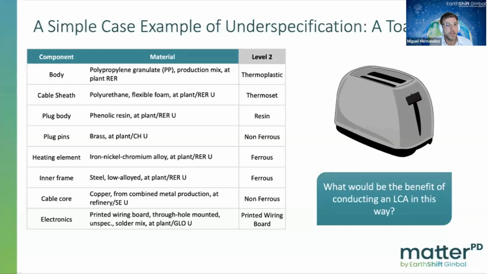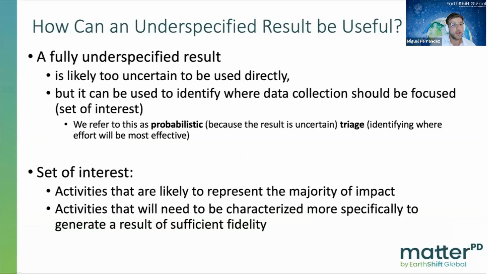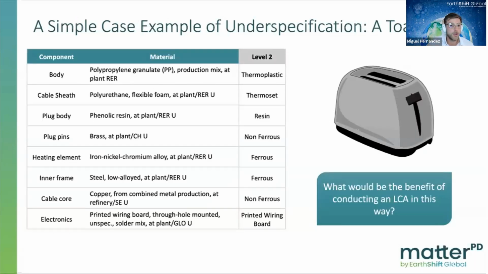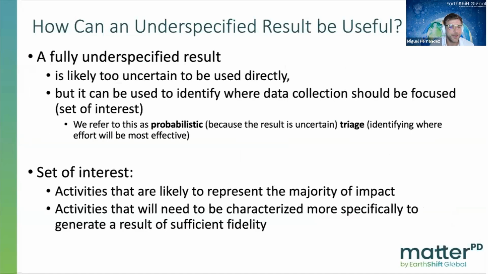So for example, for the body, instead of modeling it as a polypropylene material or a polystyrene material, if that would be my alternative, I could just model it as a thermoplastic, because I know that I'm going to use a thermoplastic. I just don't know which type. I could do the exact same thing with the plug pins, for example. Instead of using brass or, I don't know, bronze, I could say I'm going to use a non-ferrous metal. And that way, again, I could build a preliminary model that could help me understand the main trends of the environmental performance of my system. And then after that, make decisions and optimize my data collection process and my design process. Next slide, Tess, please. Thank you.